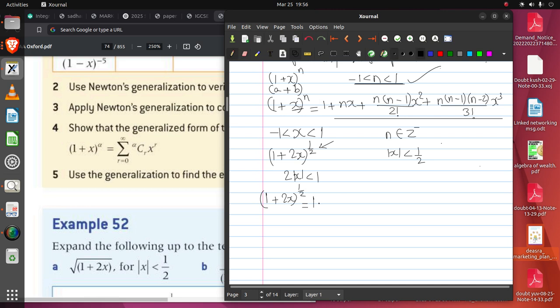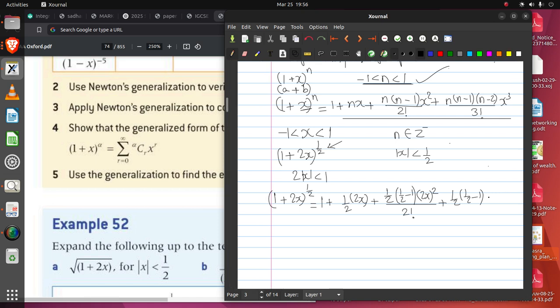So 1 plus n, which is half, and the x term, which is 2x in this case, then half into half minus 1, and 2x whole square, divided by 2 factorial, plus half into half minus 1, and you'll have to write it properly, half minus 2, x cube